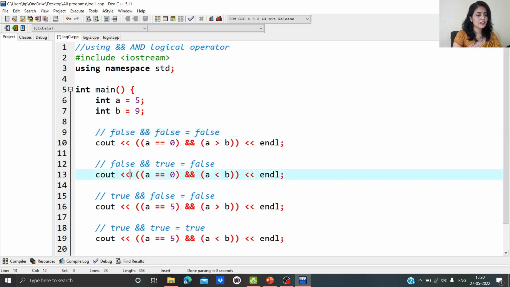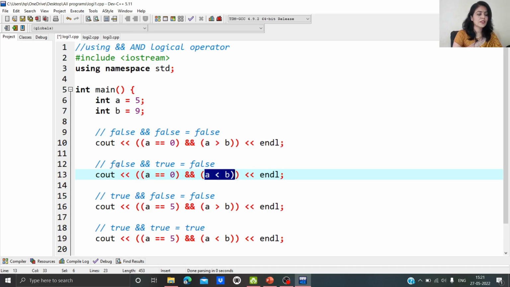In the 13th line, you can see another condition, a equals 0. This condition is already false because a equals 5 here, and here we are saying a equals 0. Another condition, a is less than b. Yes, a is less than b, this condition is true.